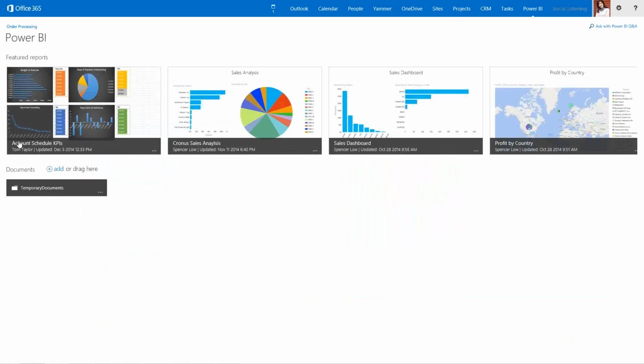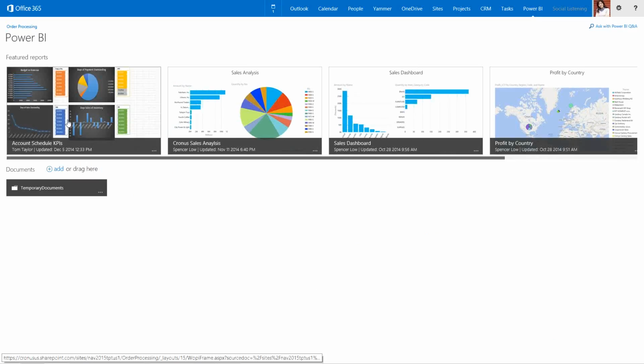And again, you can see this account schedule KPI. I put this into Power BI. I've also got a sales analysis. These are Excel spreadsheets that I used with Dynamics queries. I took the queries and exposed them as OData web services, and then used that to connect to my spreadsheet, and then imported this into Power BI as a favorite report here. So I can click on the sales analysis, for example, and open this up. This gives me a chart of all of my, this is 5 years of sales analysis history for my customers. So as this loads here,